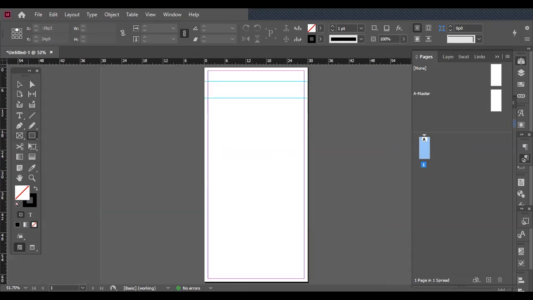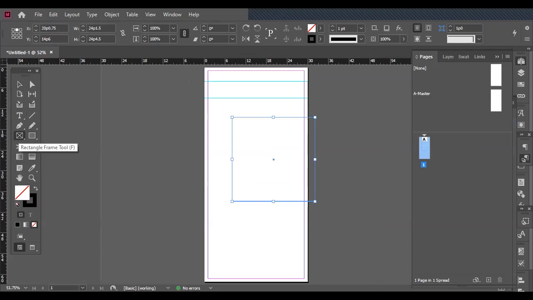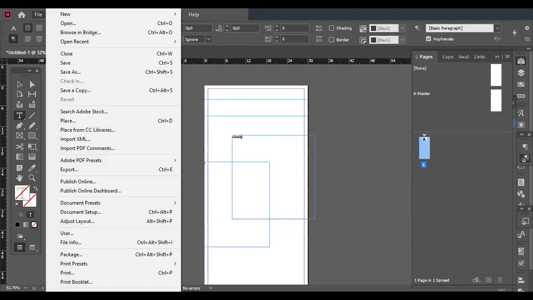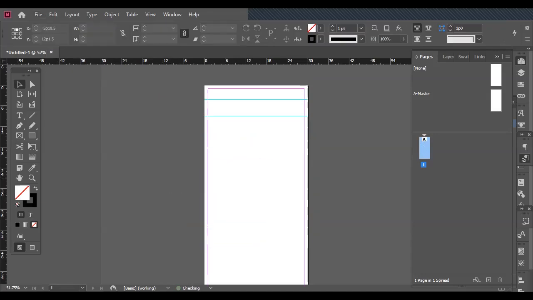And actually, a text frame, I can take this rectangle, or I can take this rectangle frame tool, and either one of these could be a text frame. This would be like for a picture, but if I start typing in it, it's a type frame. If I start typing this, it's a type frame. Or I can take my text tool and